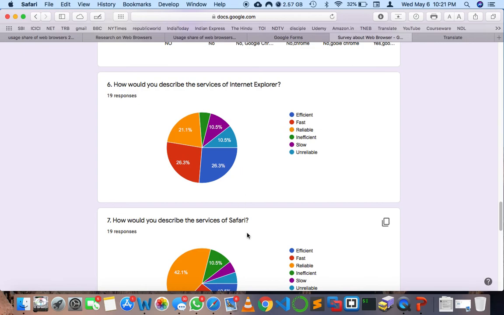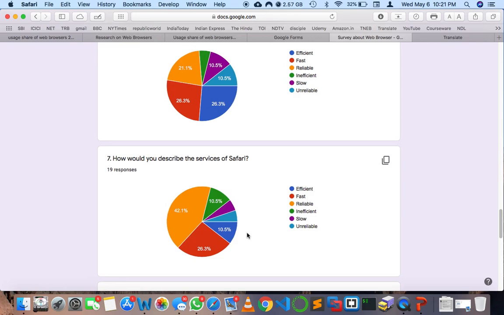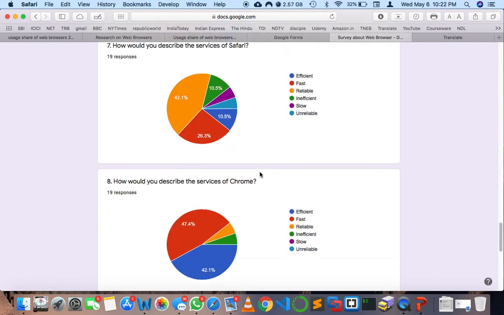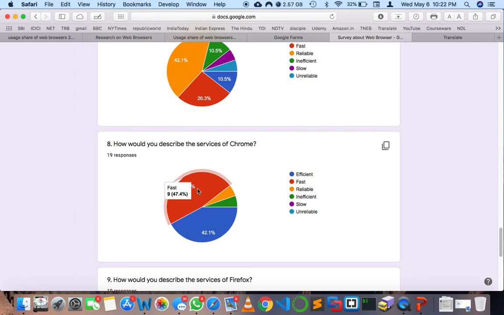The users describe Safari mainly for reliability, with 42%. So people prefer Safari as a reliable browser even when compared to IE or Chrome.